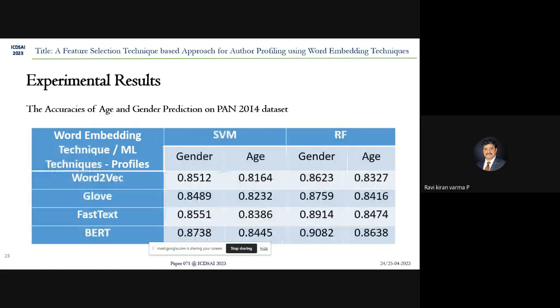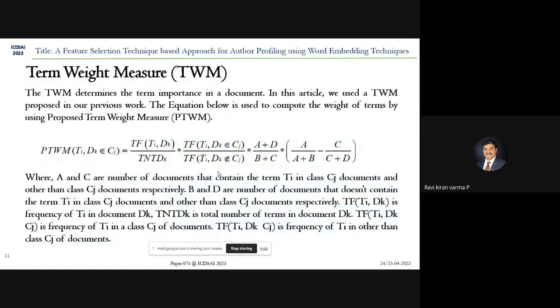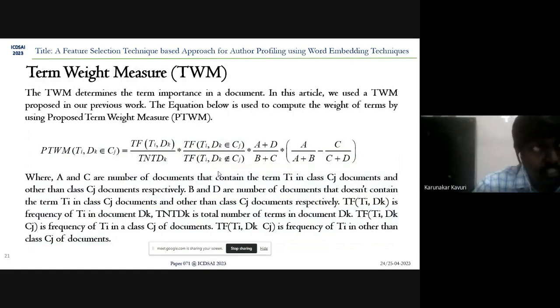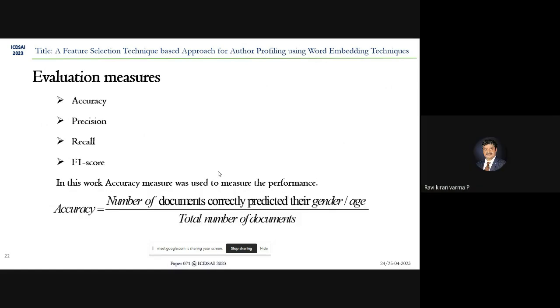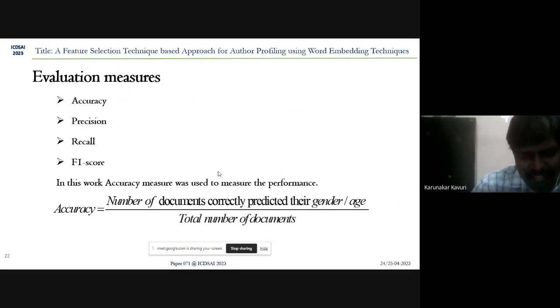What is the size of the PAN 2014 and 2016 data sets, sir? Sir, PAN 16 is 3.4 GB, and PAN 2014 is 1.4 GB, sir. Okay, then how much time will it take to prepare the data set? Sir, actually 6 hours, for the processing stage and feature extraction. Yes, sir, 6 hours. In order to train the model, it will take 6 hours of time, sir. I am using a configuration of 8 GB RAM. Okay, 6 hours of time.